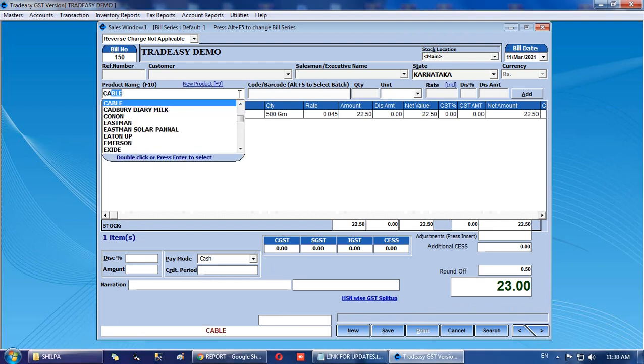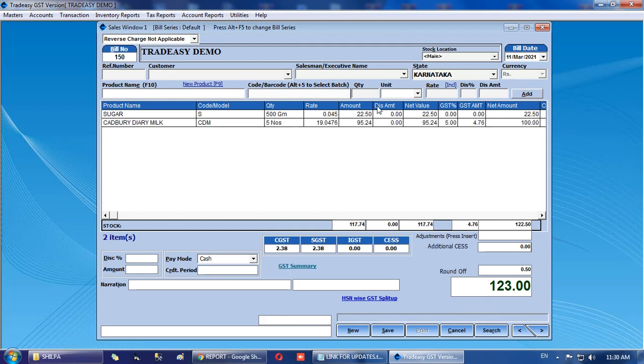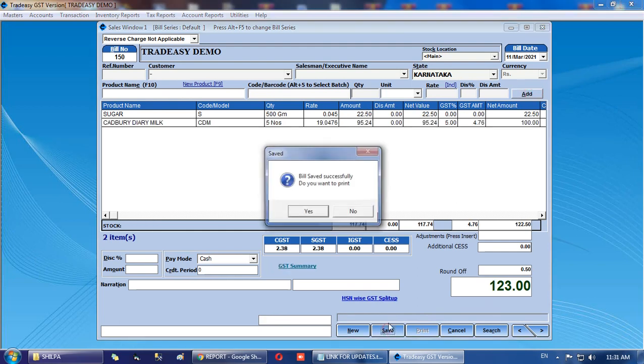Also enter another product. We are having the stock in boxes but selling as pieces. In the bottom, you can see that one box contains 10 pieces. Now enter the quantity and select the unit as numbers, as we are selling this product in pieces. The rate will be changed and you can add it. And then save the bill after entering all the products.